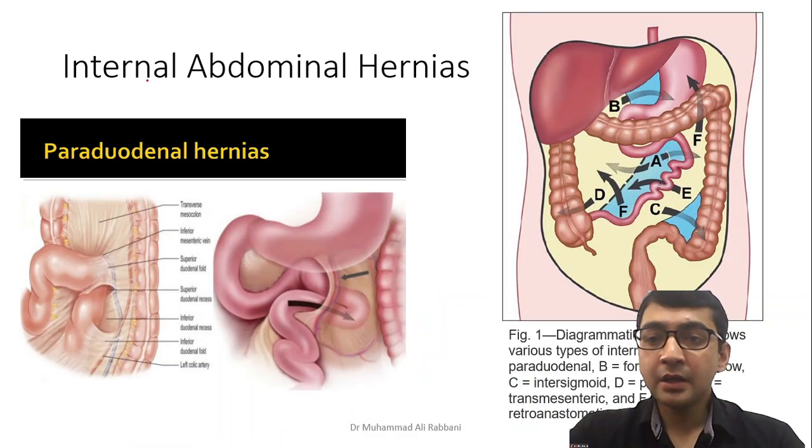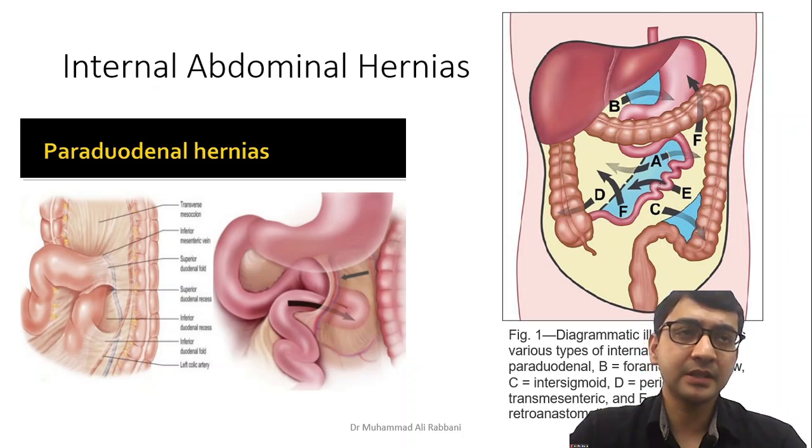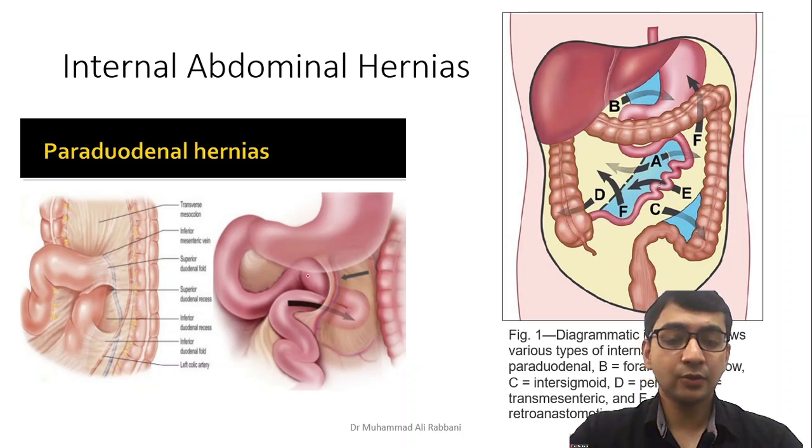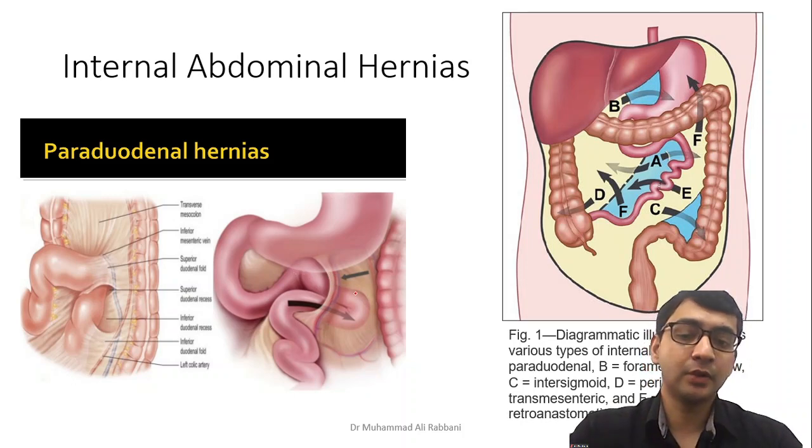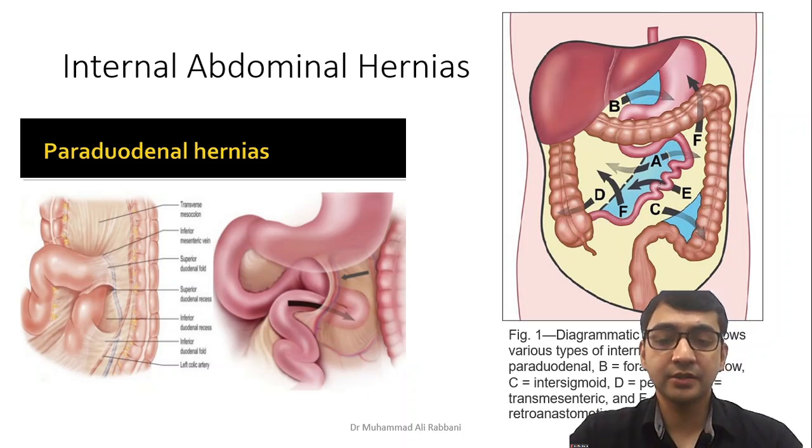Then there are internal abdominal hernias. External abdominal hernias, you have seen, are femoral hernia, inguinal hernia, epigastric hernia, umbilical hernias. The external hernias move through the abdominal wall to the outside. Whenever through the recesses and through the peritoneal folds the intestine gets stuck, these are known as internal abdominal hernia. A very good example, a very common one, is known as paraduodenal hernia. We just saw the paraduodenal recess behind the inferior mesenteric vessels. The intestine goes behind this recess into this fold. Here it can get stuck, it can cause obstruction, it can cause strangulation and ischemia also.